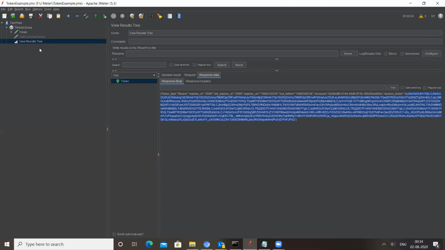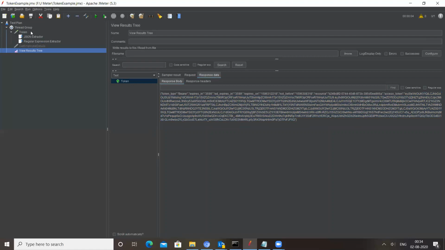So now we got the response, but if I have to use it, I have to extract this information from the response so that I can use it to call other APIs. So let's see how we can extract this information and assign it to a local variable, and then further, if we have to call any API, there we can use this.